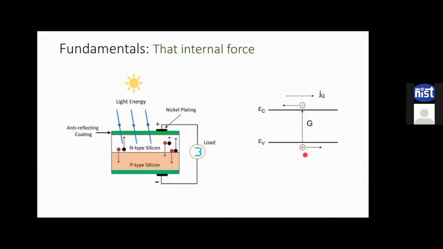Otherwise, what will happen if these electrons and holes are traveling in the same direction along the same path? Then we are eventually extracting nothing. We are extracting no power from the solar cell. So it is imperative, because this electron and hole pair is actually neutral when they are in pair. So it is very important for the designing of a solar cell that these photogenerated electrons and these photogenerated holes travel in different directions.